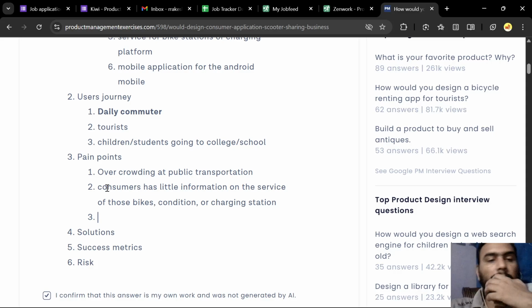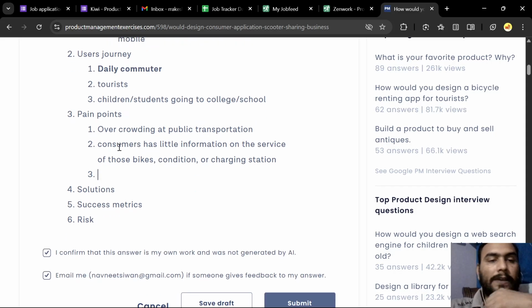So these are some of the pain points. The first one is overcrowding in public transportation. And when we compare this product that we are deciding on, another main point is the alternative solutions available for customers, like